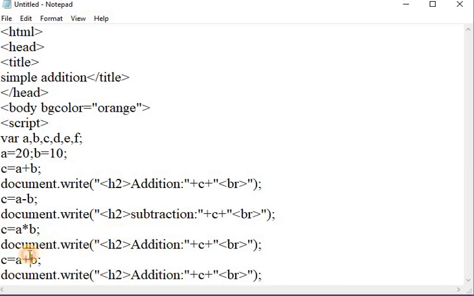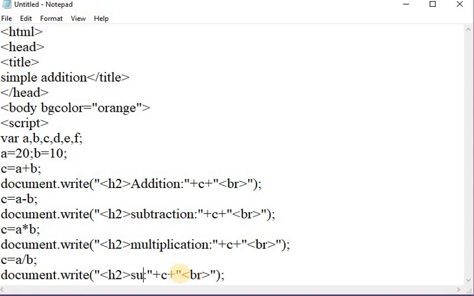Here use only the division symbol. In this document.write you have to write multiplication for multiplication, and for subtraction you have to write a text as a division.